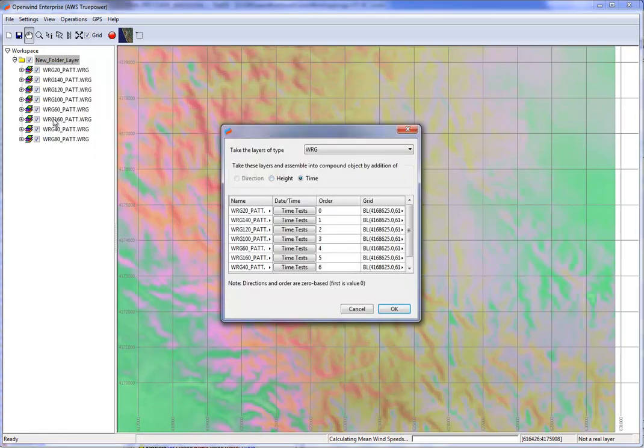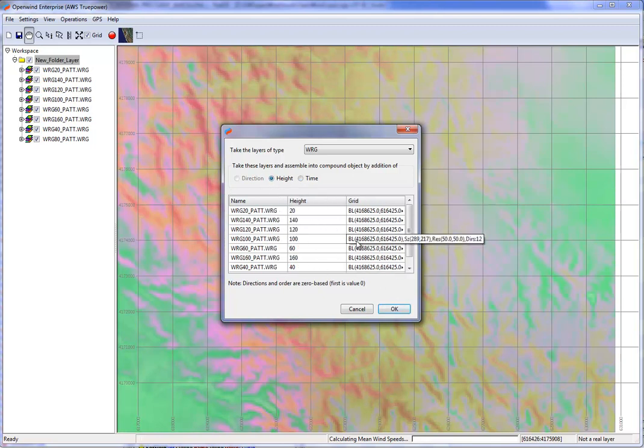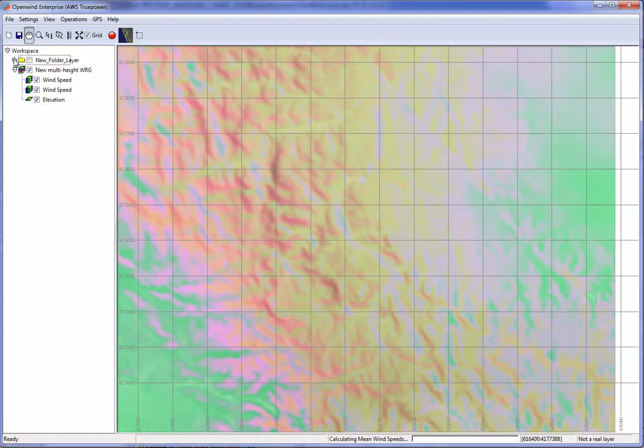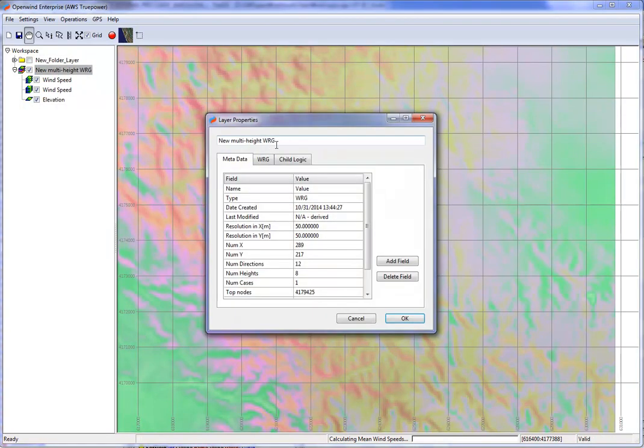And what we want to do is, we've got different WRGs at different heights, so we want to combine them into one multi-height object. So if I say height, you can see that it pulls out the heights from the WRG, and we don't need to worry about the order. The software will sort that out, so I can just press OK. Okay, so what you can see now is that we have one WRG object, which I'm going to call annual,